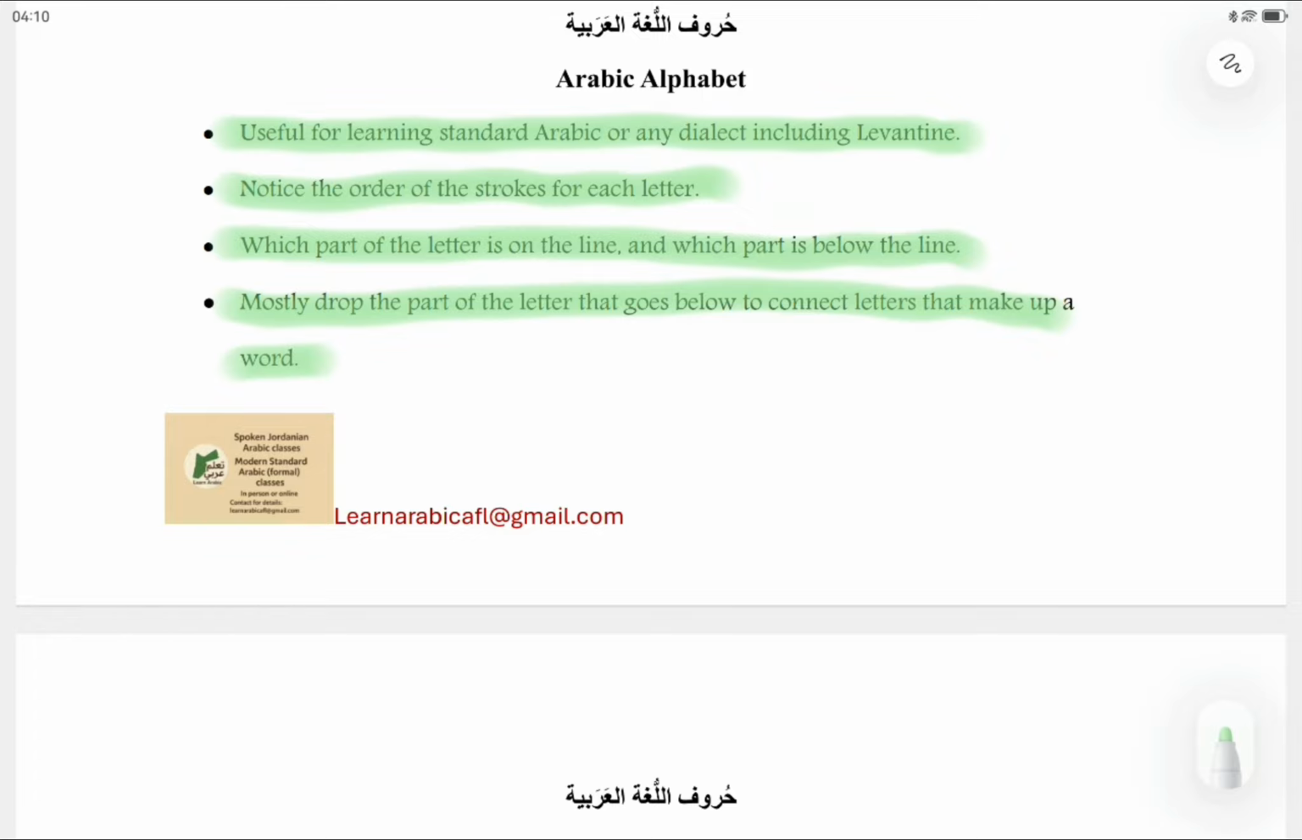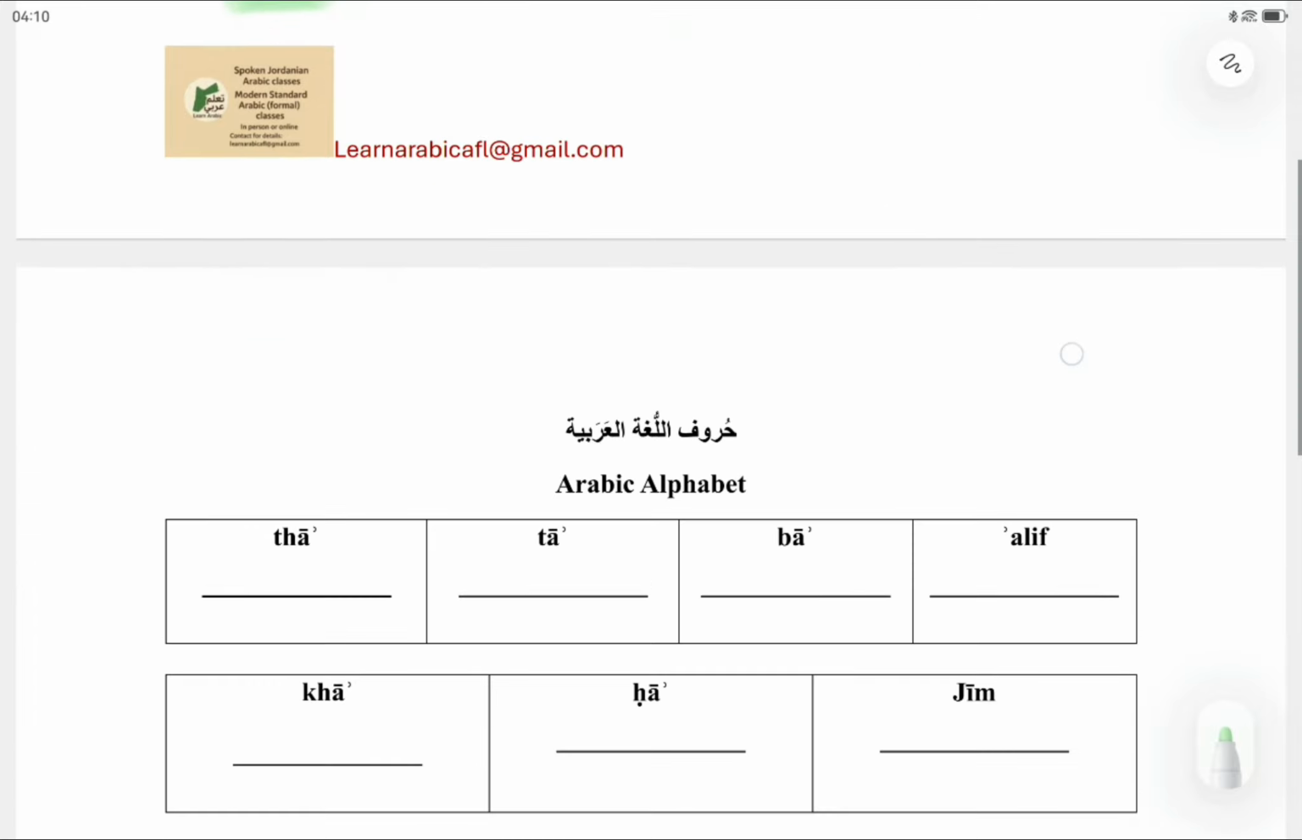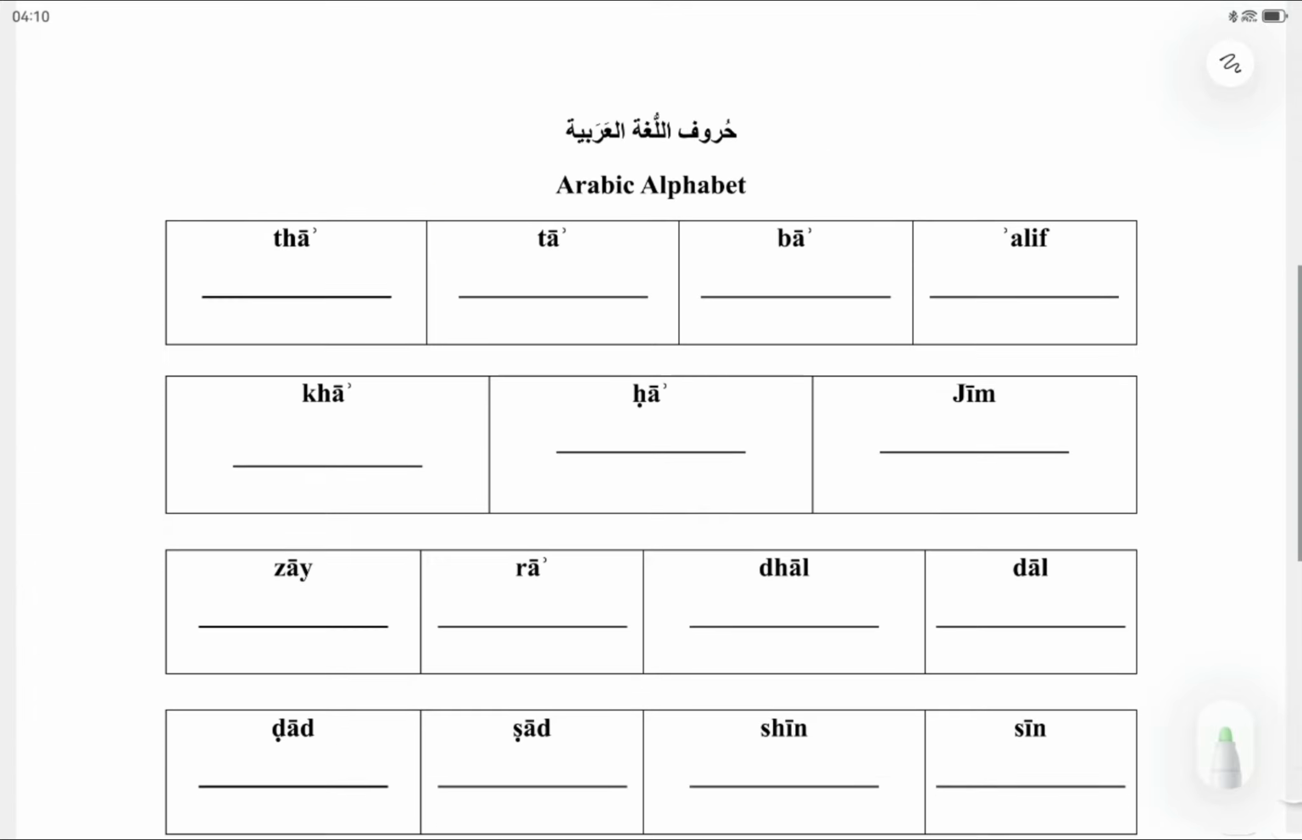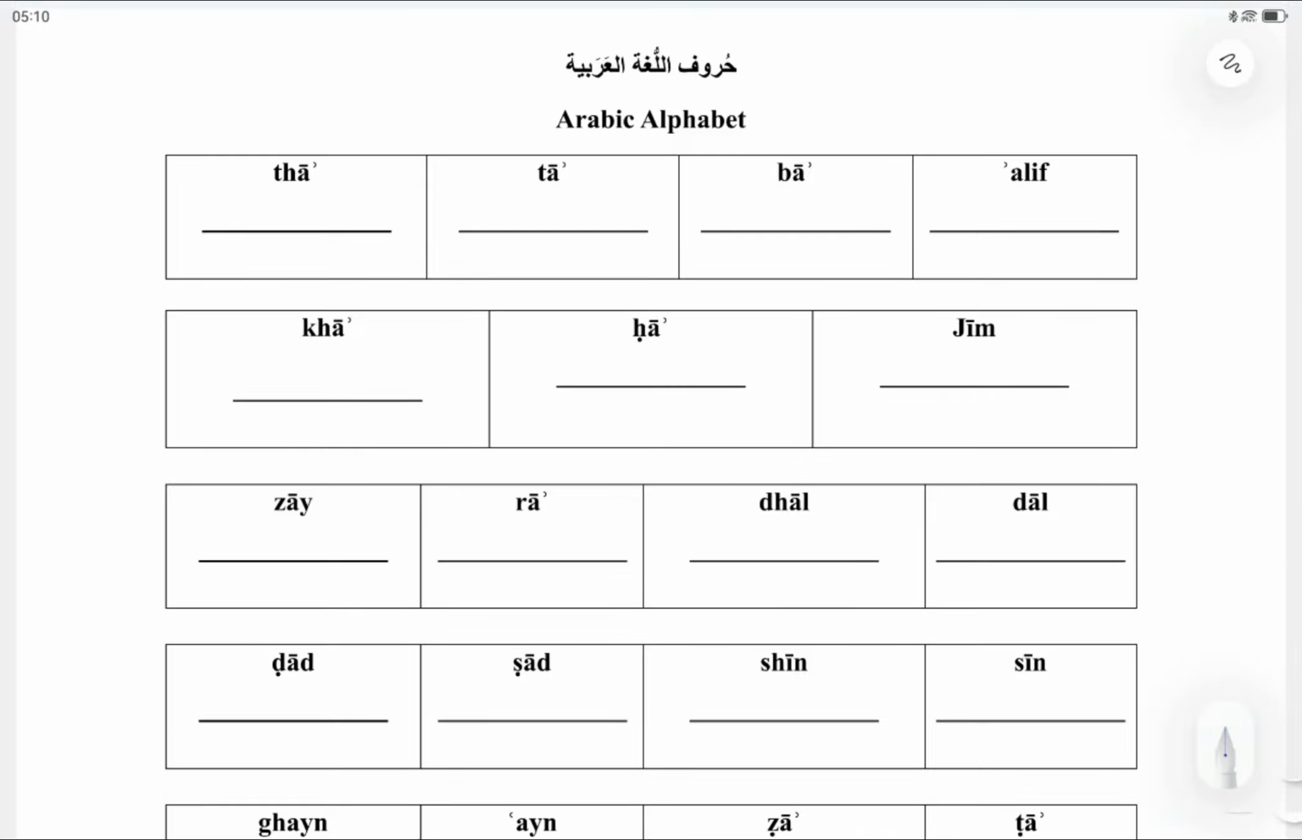Let's start with the letter Alif. Alif, Ba, Ta, Tha, Jim, Ha, Kha,